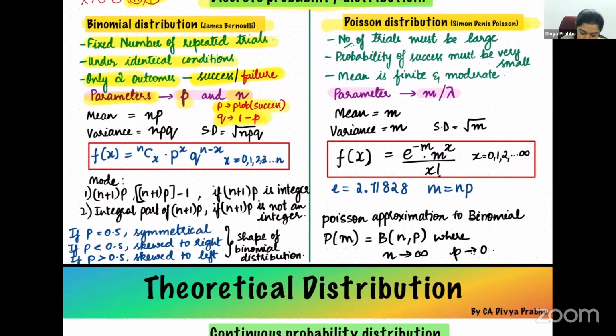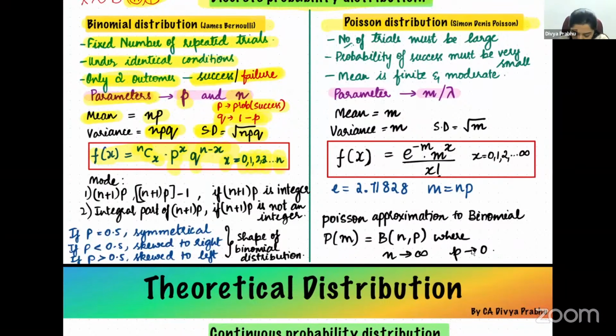Now the formulas are important. Mean is equal to N into P. Variance is equal to N into P into Q. SD is equal to root NPQ, because SD is nothing but the root of variance. This is very, very important. This is the formula to find the binomial distribution: F of X is equal to NCX into P power X, Q power N minus X, where X will be taking what values? 0, 1, 2, 3 till